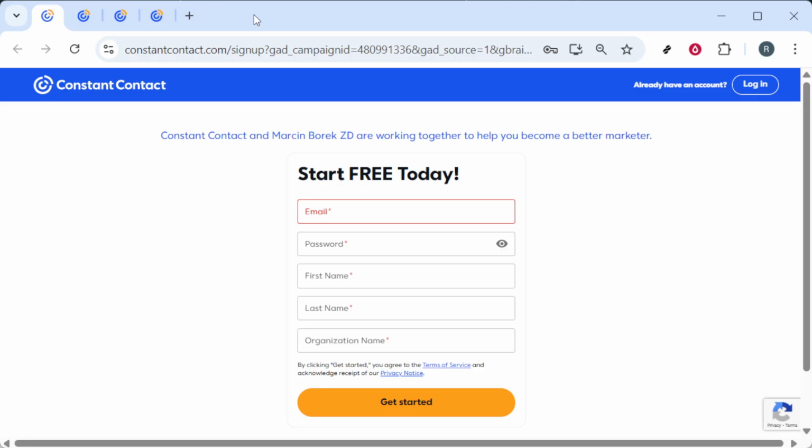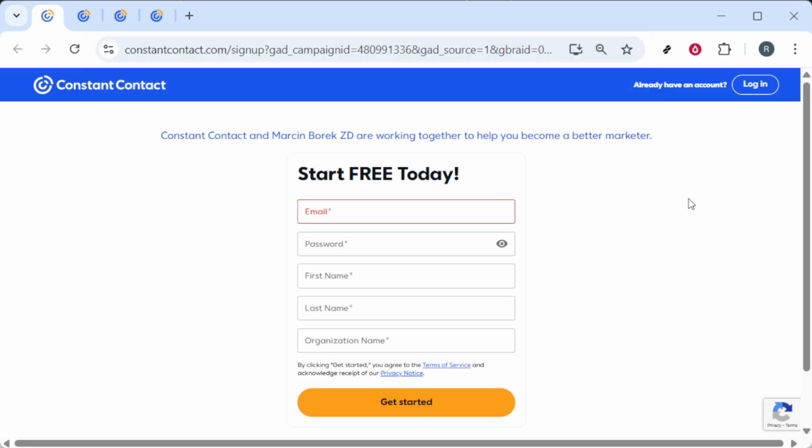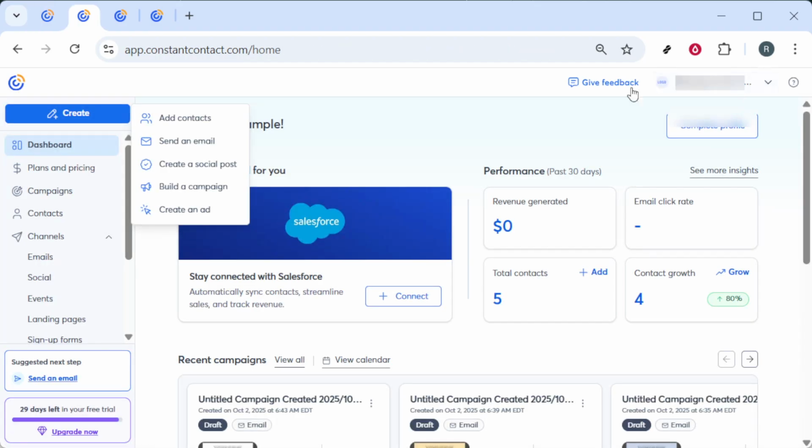To start, you'll need to open up your web browser and perform a quick search for Constant Contact on Google. Once you find it, go ahead and click on the link to navigate to the Constant Contact homepage. Once you're on the homepage, locate the Login button, typically found in the top right corner of the screen. Click on it and you'll be prompted to enter your login credentials. If you don't already have an account, now would be a good time to create one so you can follow